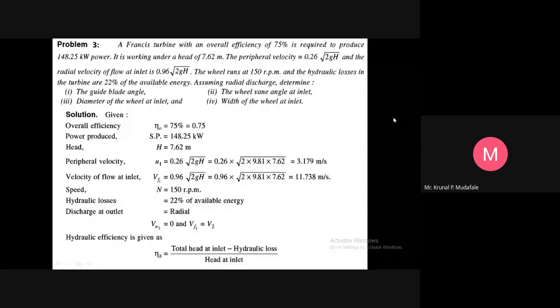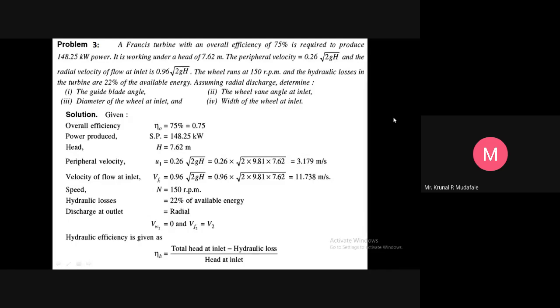So this is the third numerical for the third unit of the reaction turbine. In the previous lecture, we saw two numericals of the inward reaction turbine. This numerical is purely based on the Francis turbine. What this numerical says: a Francis turbine with an overall efficiency of 75% is required to produce